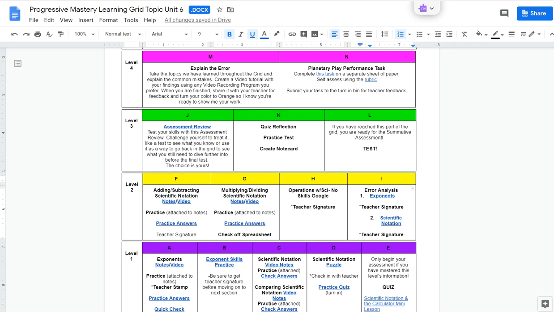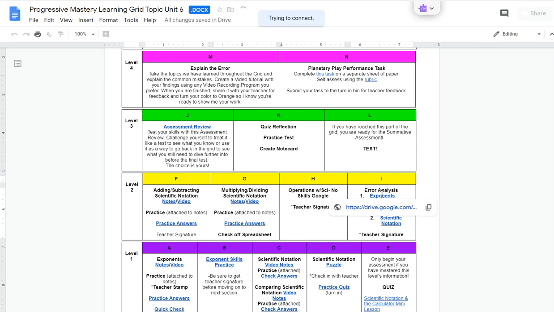Alright, I'm going to give a quick tutorial on how you are able to complete some of the worksheets digitally, because we've never really had to do that in class. So if you go to your Progressive Mastery grid, and let's look at, for example, 2i, and you want to complete the exponents, you're going to go ahead and open that document,